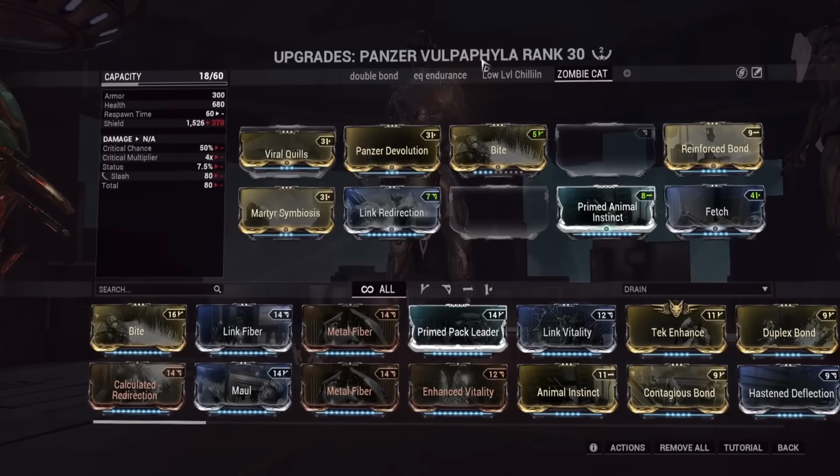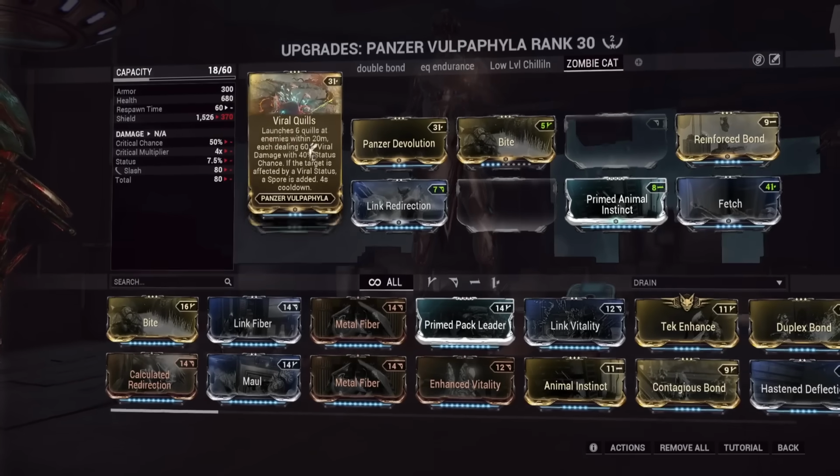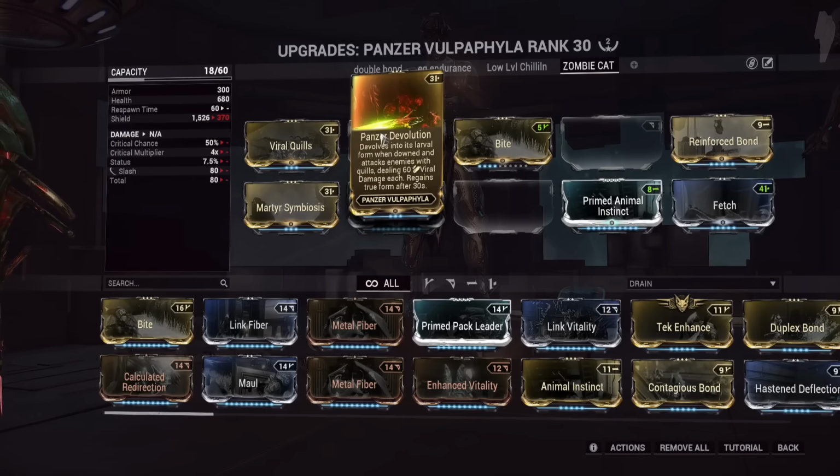So we're using the Vulpaphyla, though, so you can get Martyr Symbiosis. If somehow you die as Revenant, which you shouldn't, your cat is also a zombie, so now you are alive and back from the dead again. Spreading out Viral procs with Viral Quills and Panzered Evolution will make it quite easy to kill those level 10,000